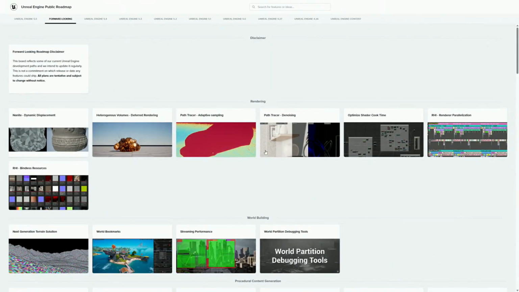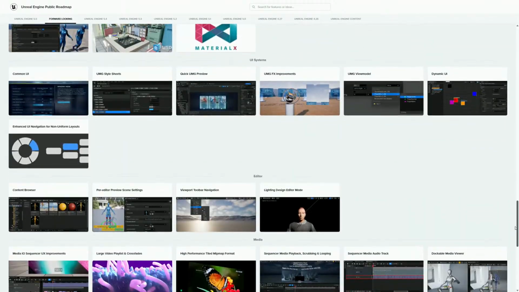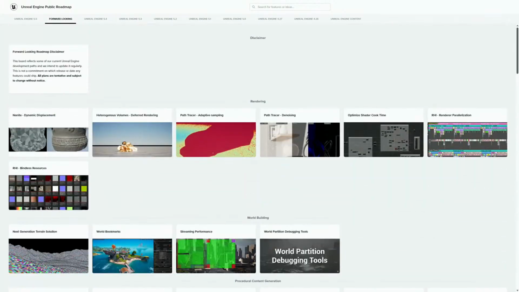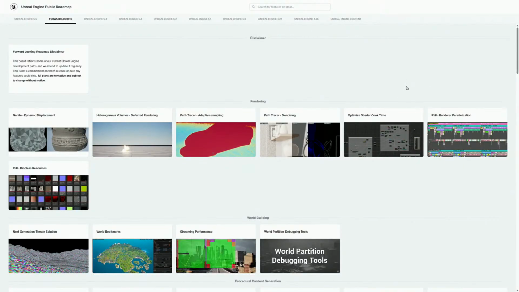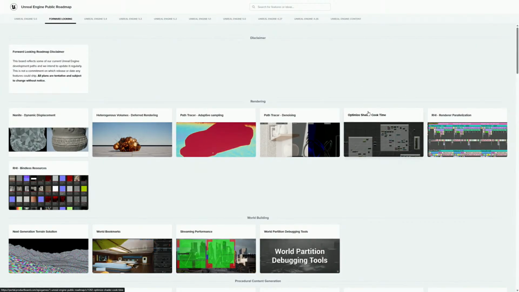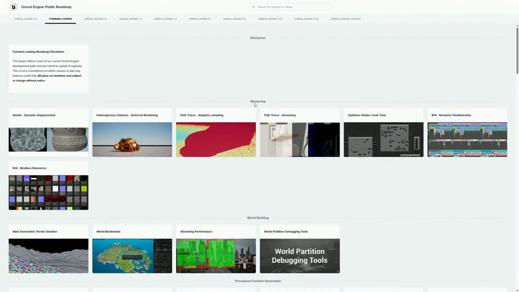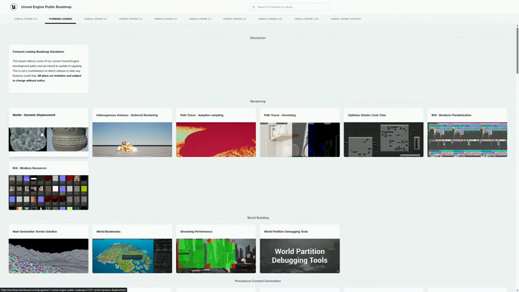So let's actually, we're not going through the whole thing, even though it's not that lengthy a list of stuff, but there are a couple of things here that I think are the most probable to actually be in 5.6. Some we already know, because they are in parallel with other stuff in this document, so I think that we can actually expect those. So for example, in the rendering side, my guess is that almost everything here was already implemented. For example, I would say maybe it's still here because